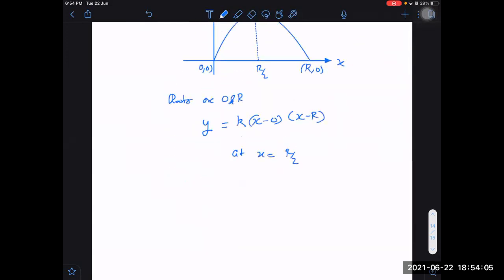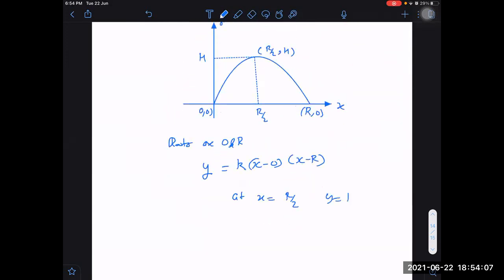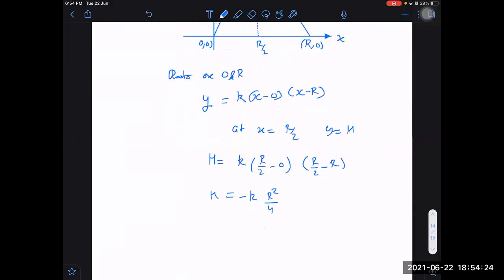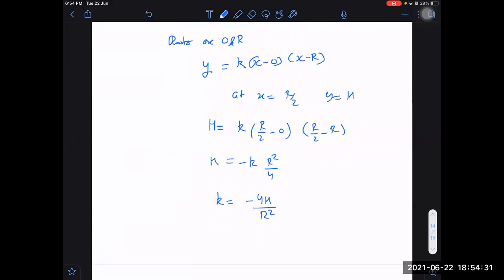At x equal to r by 2, I am getting y equal to h. Let us do that. h will become k into (r by 2 minus 0) multiplied by (r by 2 minus r). So k is actually equal to minus 4h by r square. That is k. So what is the value of y again? Put it back in the starting equation. Then y becomes